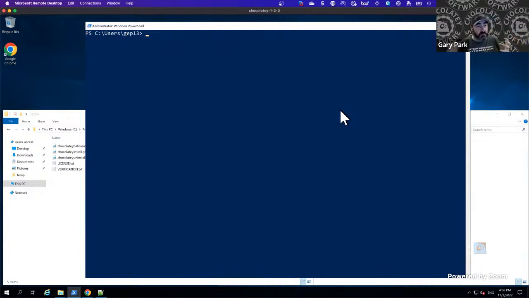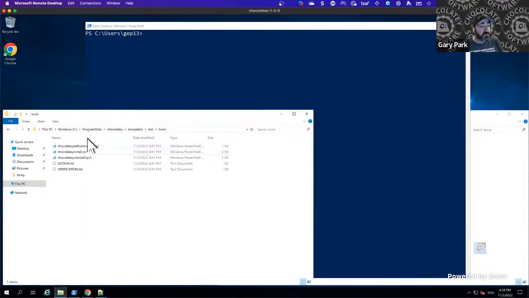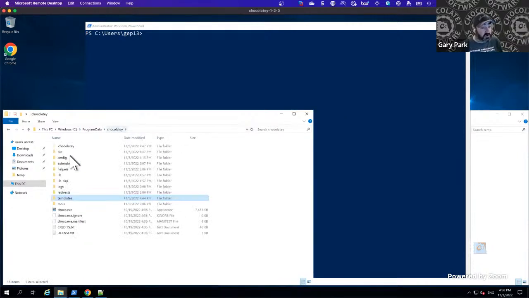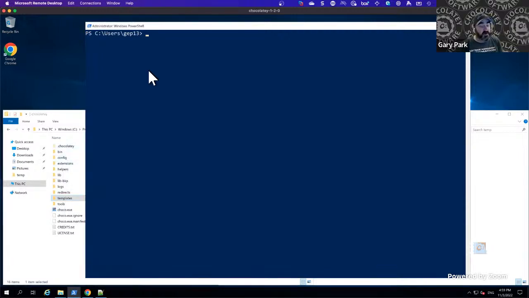So the question becomes, for folks that want to control not putting shortcuts onto their desktop, what do they do? What we added in Chocolatey is the concept of a hook. I'm going to show what that means and how it can be applied. If I go back up here to Chocolatey, you'll see that I currently don't have anything that mentions hooks. But if I do a choco install cleanup-desktop-shortcuts.hook,